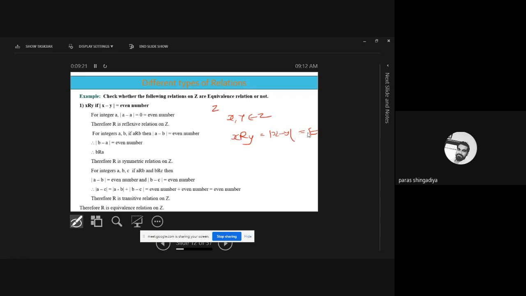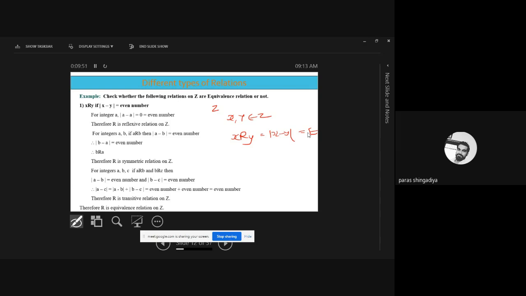And this collection is infinite, because Z is infinite. We have infinite numbers in the integers. So we have an infinite collection, and we cannot manage this infinite possibility in this form. So for that we consider the rule, the equation. Okay, what is the relation? What are the conditions between these two numbers? x minus y is equal to an even number. And now we have to check whether it is an equivalence relation or not. So check the three properties: reflexive, symmetric, and transitive.